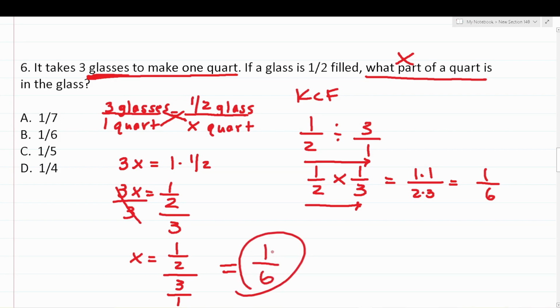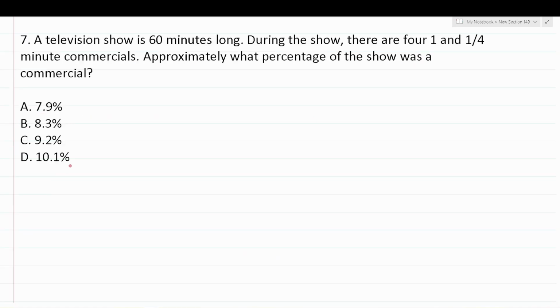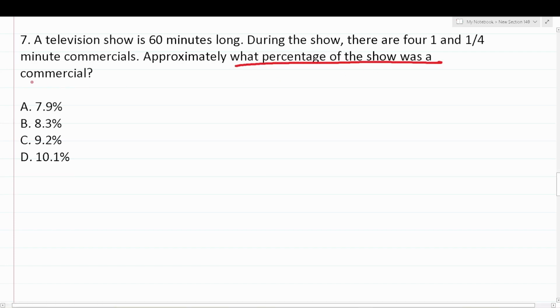To answer this question, what part of a quart is in the glass? 1/6 of a quart is in the glass. So number 7 says a television show is 60 minutes long. During this show, there are 4 1 1/4 minute commercials. Approximately what percentage of the show is a commercial? All right, so we're trying to answer this question: what percentage of the show was a commercial? To do that, we have to figure out the total